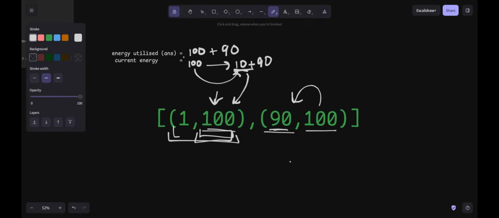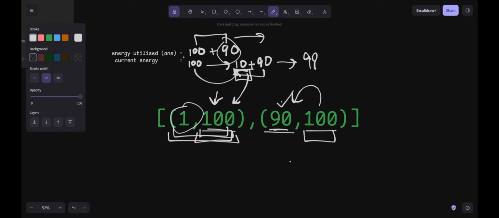And when I do task 0, this 100 actually gets reduced to 99, because 1 unit of energy is being utilized here, right? So the total amount of energy I utilized in this case was 190. I started from 100 and I required 90 more units of energy, because after doing task 1, I was left only with 10 units of energy.